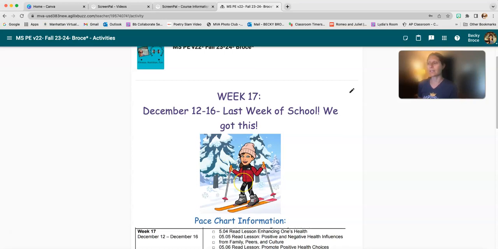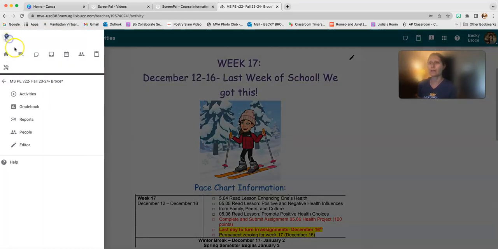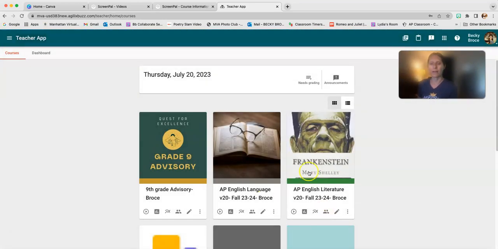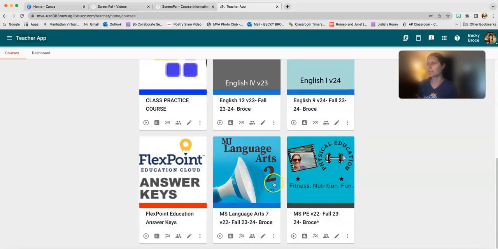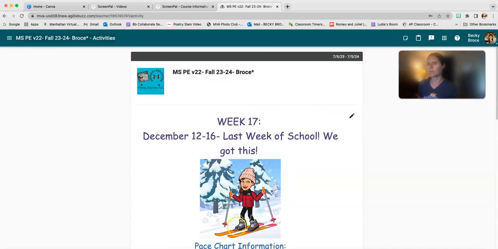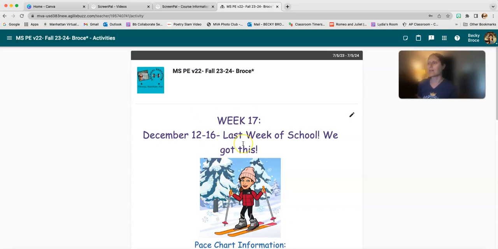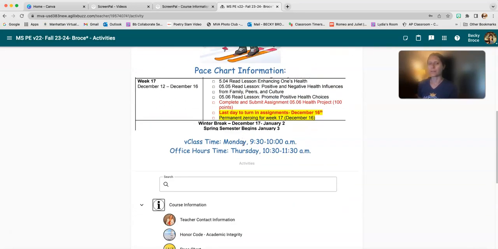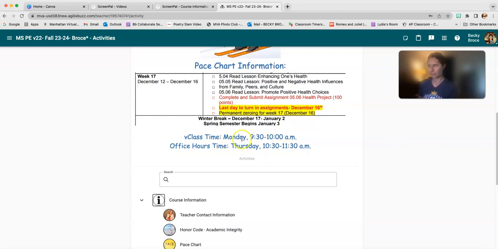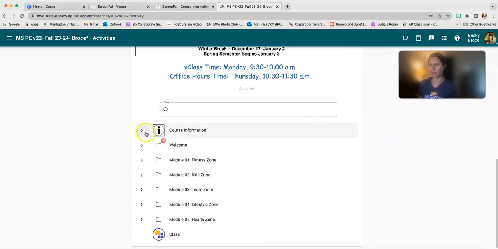So here we have our landing page. So again, once you have logged into Buzz and you have all of your courses here, we're going to go to middle school physical education and we're going to scroll down a little bit. So we have first the course information folder, and then we have our modules with our content and assignments in them there. I'm going to first talk about the discussion board assignment